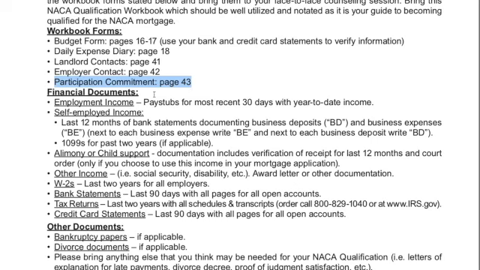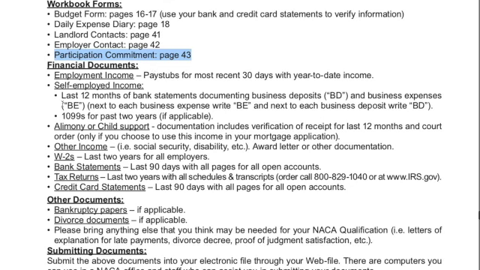But you have to have your hours done prior to you being qualified. So you might as well just knock that out as well. As far as financial documents, you need to show your employment income. So whether you receive virtual pay stubs, which is what I receive, or paper pay stubs, your employer should be giving you a pay stub, whether digital or paper. You need to print that out, and you need to make sure that you are uploading that into the web